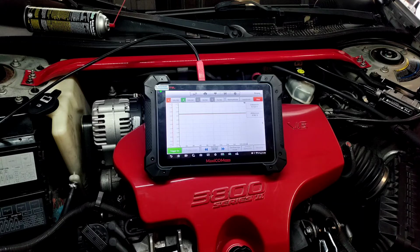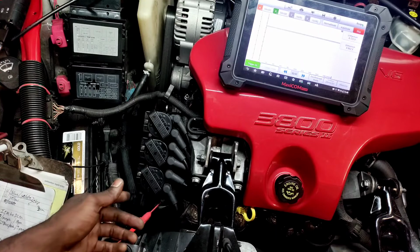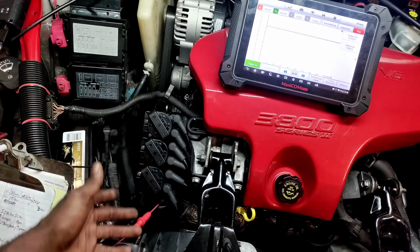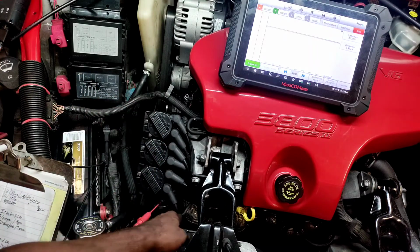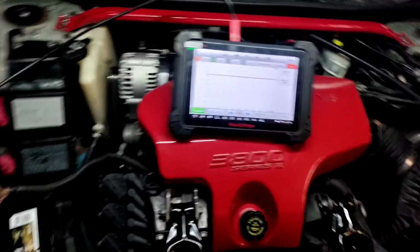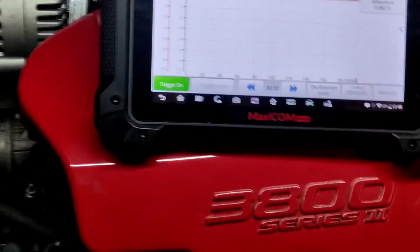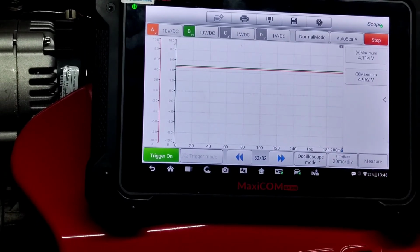We obviously saw some changes with the old part versus the new part with the oscilloscope and the values. We looked at the coils and the base of the module. We looked at the connector. We inspected the wiring harness where I was moving around before, and there was nothing crazy. We even looked at the values, did a wiggle test on the oscilloscope on the appropriate trigger, the 18X, assuming that was giving the improper values. Based on the context clues, this is the only thing I can come up with,